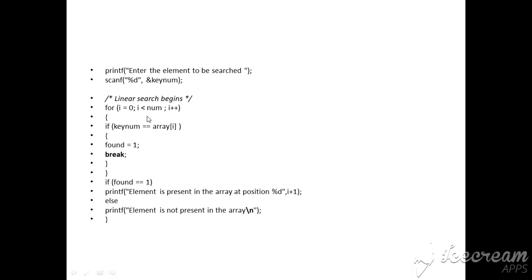So this will keep on continuing the loop to keep on searching every element against the key element. Suppose it is not the first element, i gets incremented and again the key element is searched with the next element in the array. In case it matches, you set it to 1 and you take a break. In case it doesn't match, the loop keeps on continuing. So this is the logic for the linear search, which is an application of a one-dimensional array.